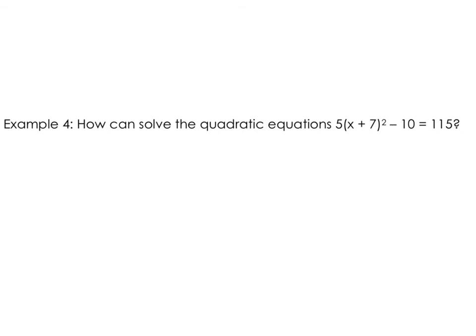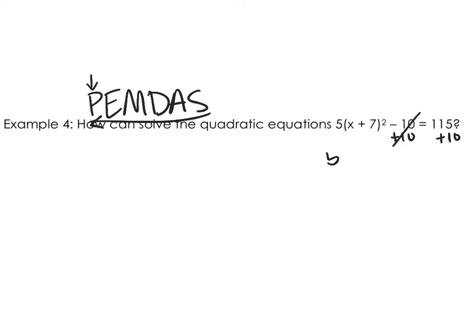Alrighty, last example, we're doing that same process again with that SADMEP that we've been talking about. And we need to start off by looking for adding and subtracting. Now, I see subtracting a 10, and I see adding that plus 7. But if you notice in our order of operations, that plus 7 is inside parentheses. And we know that we have to do parentheses dead last. So I'm going to leave that plus 7 alone, and I'm going to get rid of that minus 10. So I'm going to add 10 on both sides, leaving me with 5